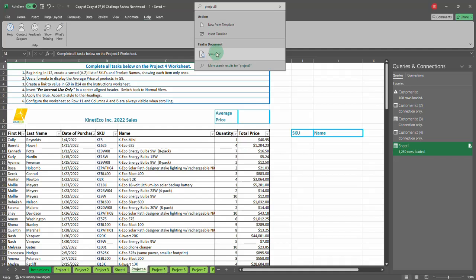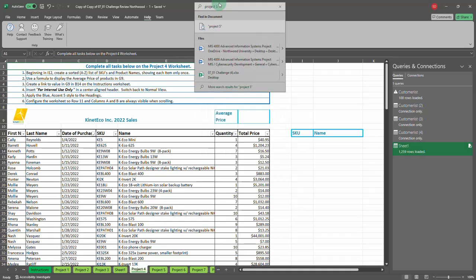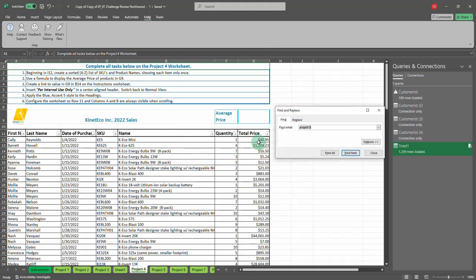Find, and you see how it says, shows find in document. So I type in project 5, and it says find in document. If I put a space there, it'll probably help me along a little more. So find in document, I click that and I hit OK. Find what? So I can find